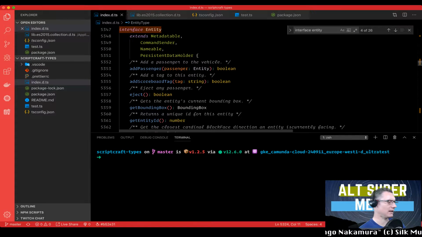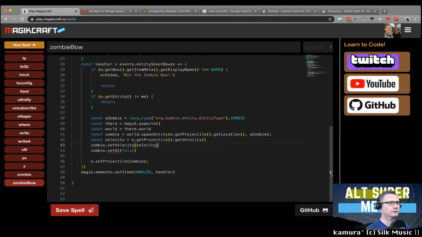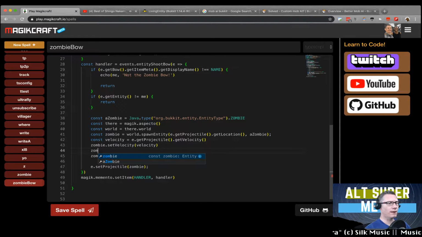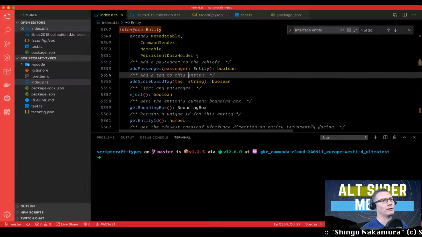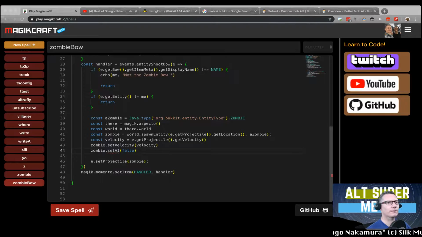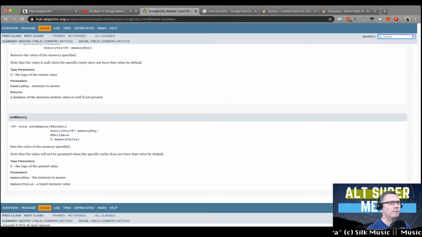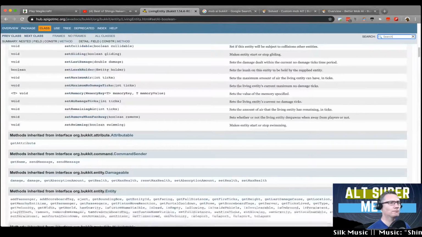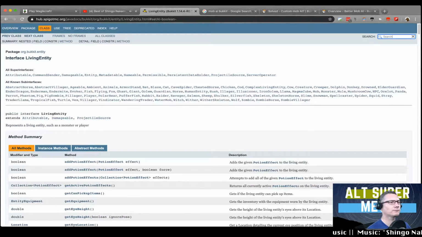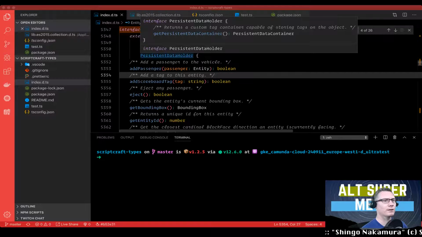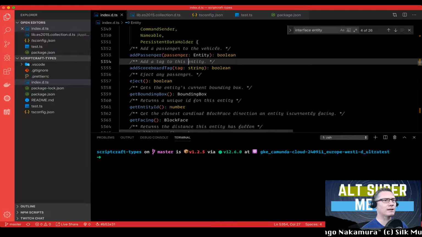Let's see if the zombie has add passenger. Zombie dot add passenger. He does. So it looks like this entity extends entity. Let's go back to here. Living entity. Super interfaces entity. Sub interfaces zombie. Okay, so even though I said that zombie was an entity,